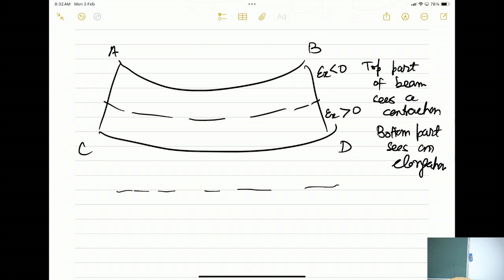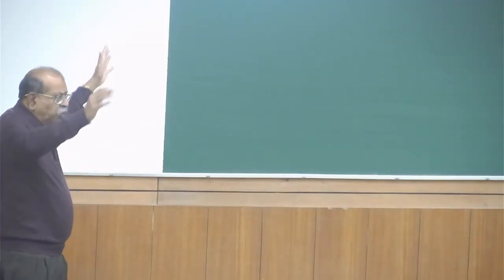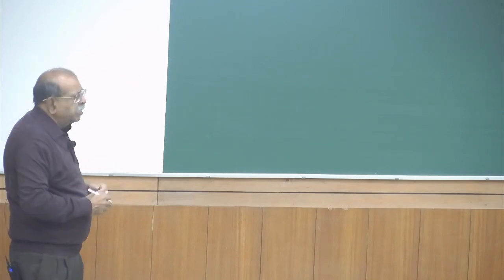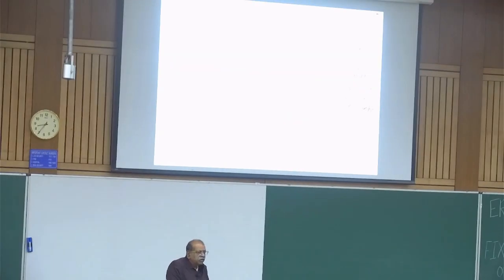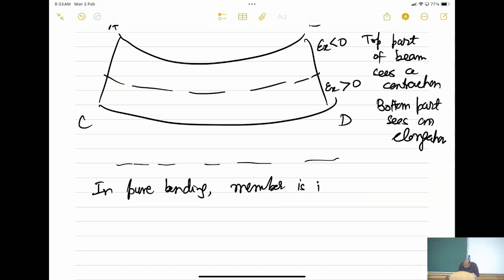So if I look at the strains, somewhere along the top, I have drawn some arbitrary line, I have not defined what it is, but I am assuming that line is the one where the length does not change. And above that, we will have contraction for the given loading, where M is positive, and there will be an extension. So now what we have is a state of impure bending. The member is in a state of